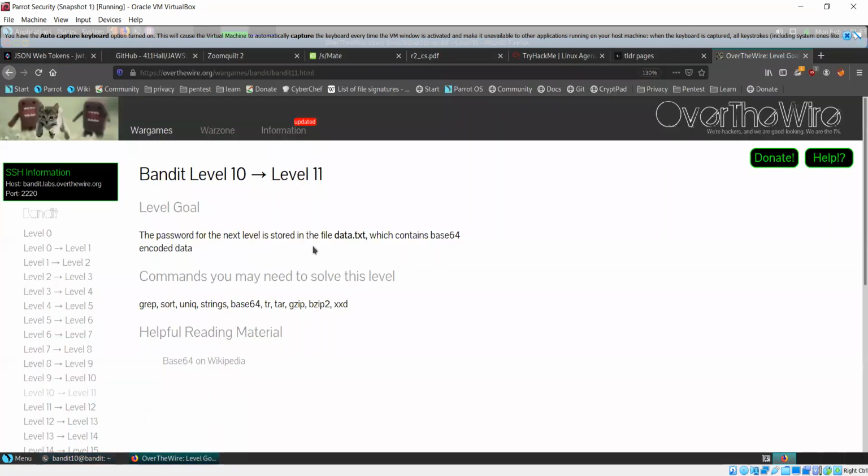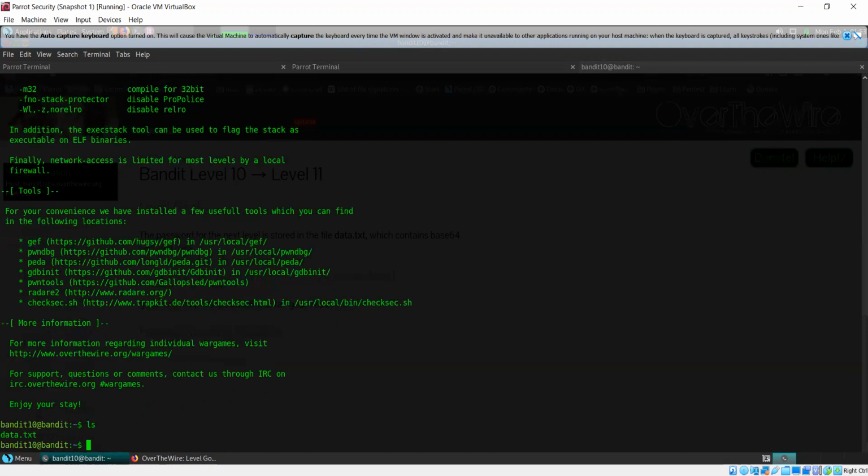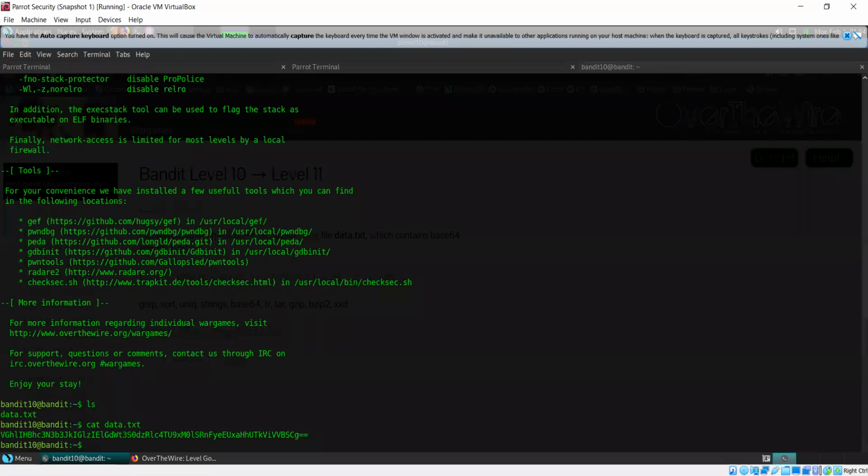It says that the password for the next level is stored in the file data.txt, which contains base64 encoded data. So this is the file, and this is what is present in the file. This is just base64 encoded data. Now base64 is a type of encoding. That's all it is, and of course, encoding is reversible. It can be decoded. So what I can do is